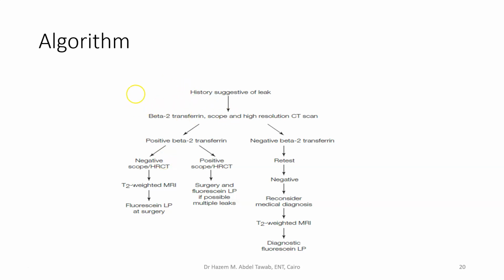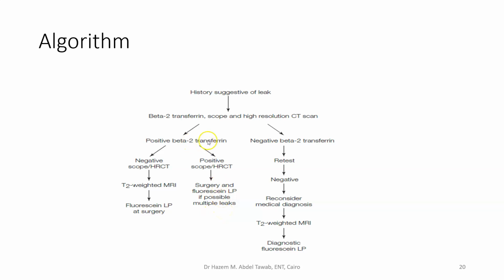In this case, if you find a positive beta-2 transferrin, what are you going to do? You are going to do the scope and the high-resolution CT scan. If the scope and high-resolution CT scan show you positively that there is a defect, then you are going for the surgery, and you might use the fluorescein lumbar puncture if there are multiple leaks, before anesthesia, in order to